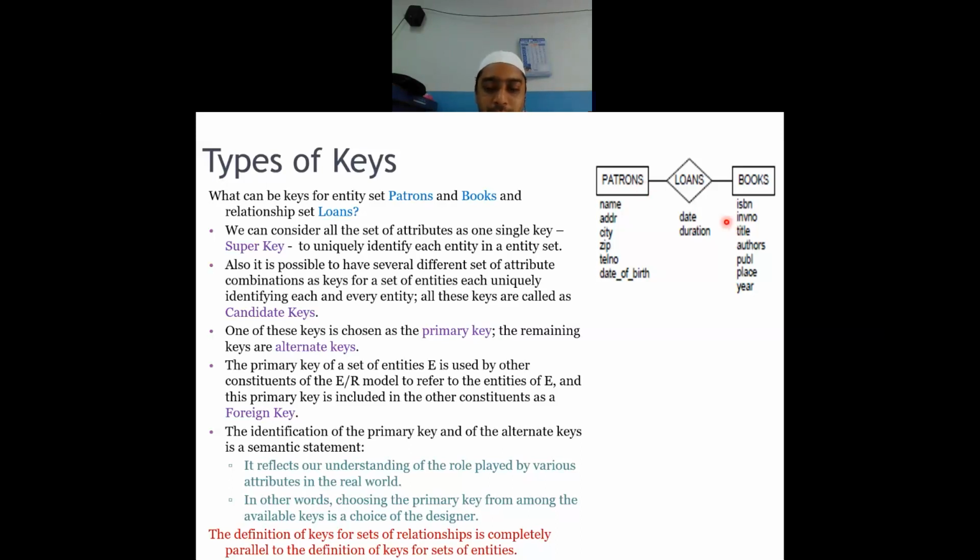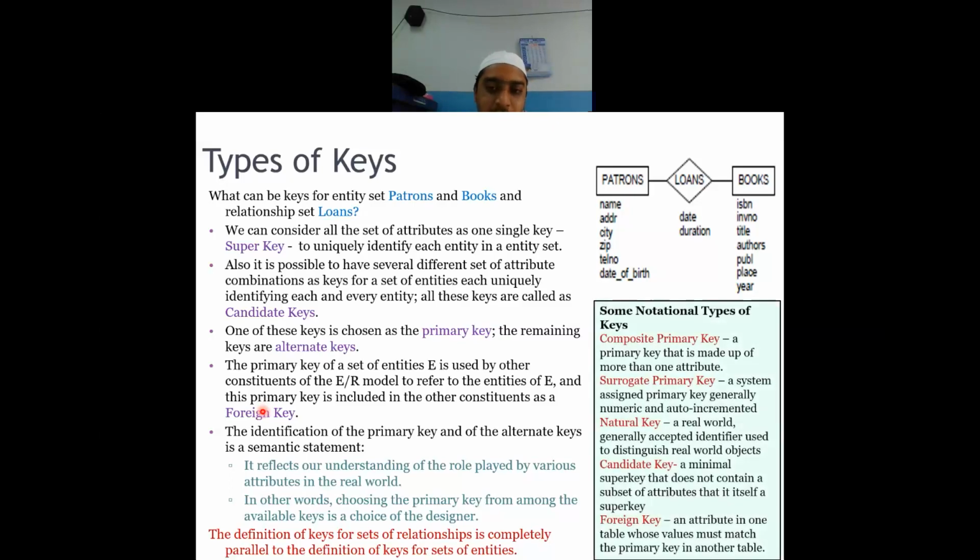Similarly, I said that we'll try to represent relations not in terms of its attributes, but by keeping the primary key of the first entity set as another key over here as foreign key in this second entity set. So whenever we are trying to include the primary key of one entity set into another entity set, over here this primary key will become the foreign key. So we have seen that there are 1, 2, 3, 4, 5 definitions for keys.